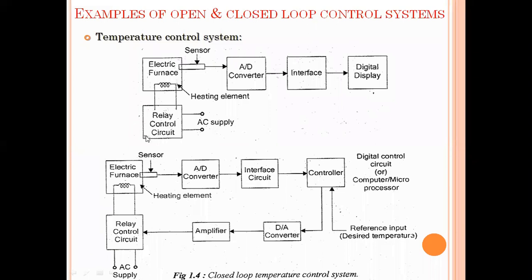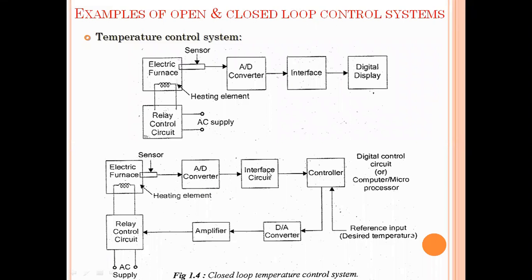You can see previously we have given 10 seconds manually. Later, we have given 15 seconds, which is also manual. The same example, if we construct in the closed loop, now let's see. Initially, we will give some input to this relay by means of AC in order to generate the heat here. So the heat will be produced and the temperature sensor will sense the temperature, and the analog form is converted into digital form with the help of the A to D converter.